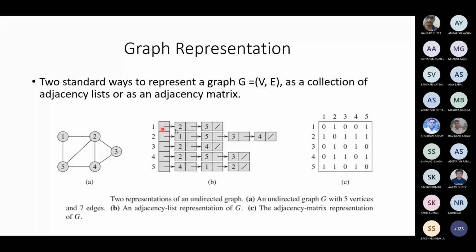These are linked lists. Linked list addresses, pointers you are storing. The slash is null. Null pointer. There is no node after that. Okay. Got it. Any other doubts?